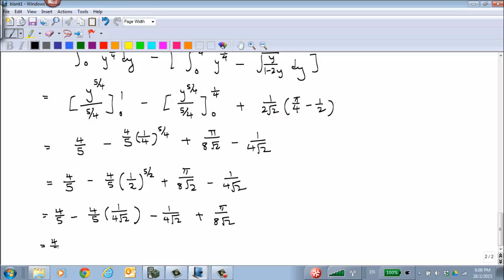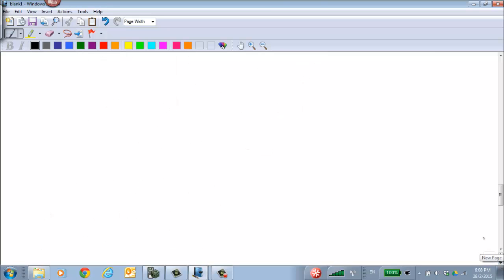And from here, what you actually will have is 1/5 square root 2 plus 1 over 4 square root 2 plus pi over 8 square root 2. This will actually give you